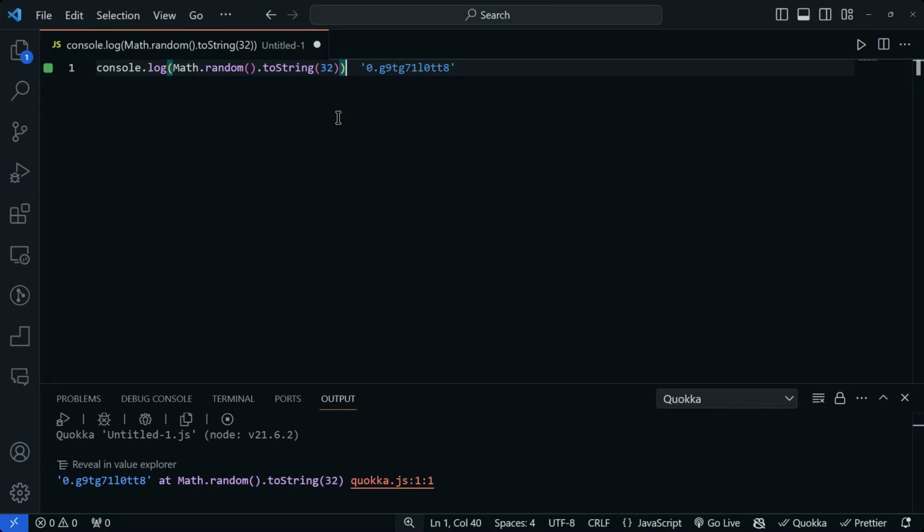But how do we get rid of this 0 and dot at the very start of this string? Well, we can do this easily using the slice method. The slice method works like this. We pass it a number x, and we remove x characters from the left of the string. For example, if we say